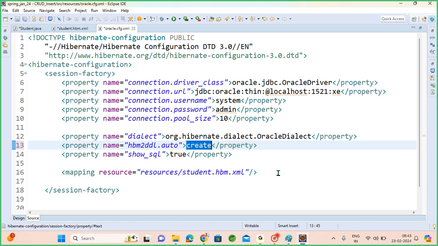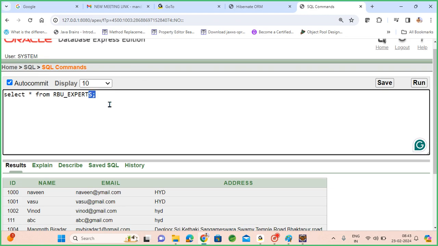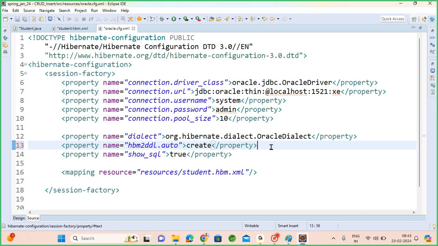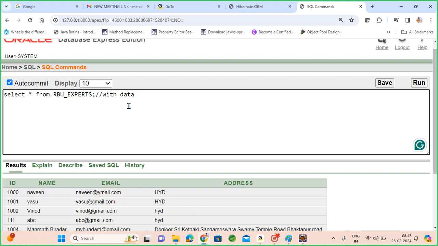I forget that, and I didn't understand the importance of the data in the existing tables. Usually, clients who already have tables and databases will provide a lot of tables with data for testing purposes, real-time data or similar to real-time data. So if you forget and put a create option here, let's say they provided 100 tables with the data,